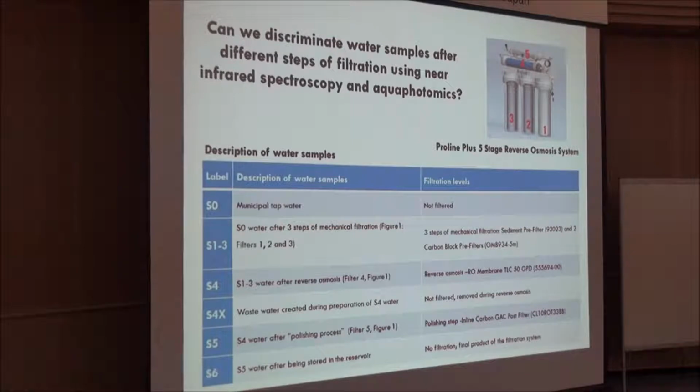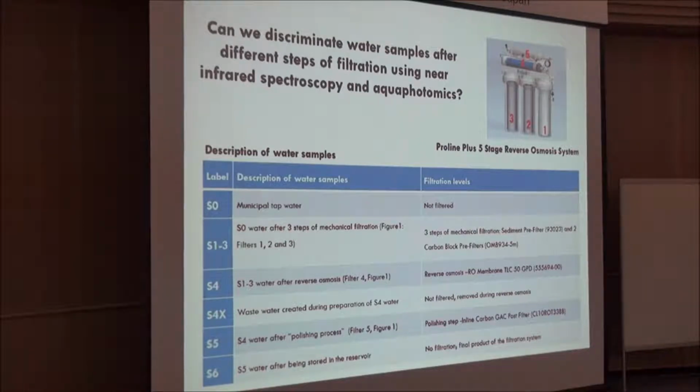the water or not. So what we did was to collect the water at each stage after these stages of, let's say, it's not just filtration. Some of these stages are a treatment. So we would take water before entering the system. Then after these 3 steps of mechanical filtrations, after reverse osmosis, we also collected the wastewater from the apparatus, and the final products of the system, after this polishing process, and after the water was stored in